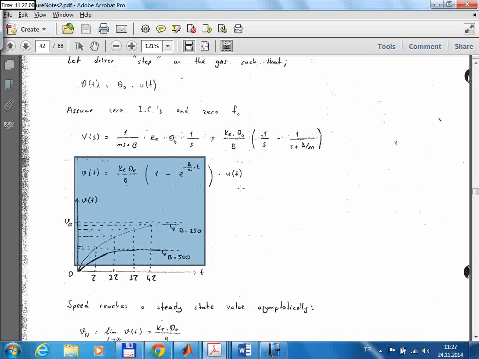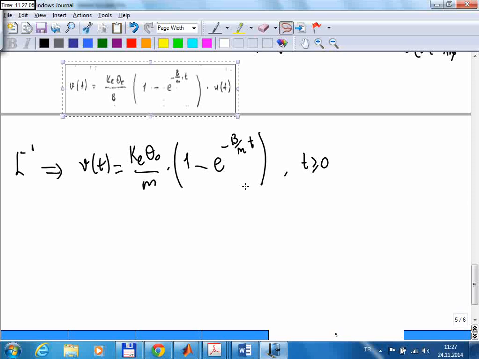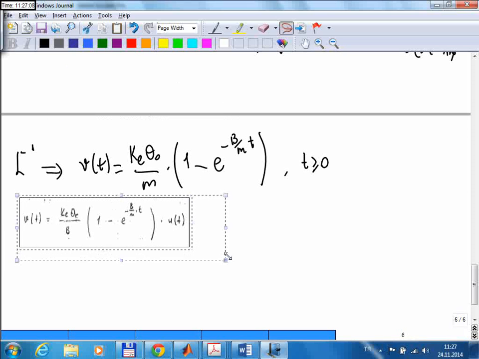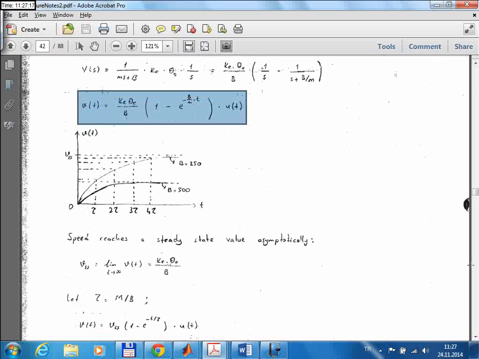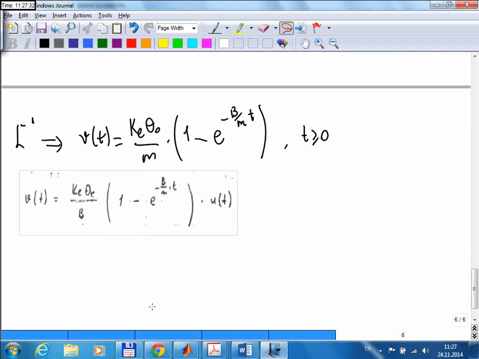So before going to Matlab, I think we should take a look at the problem from here for a while. Okay, so first I call this thing tau, and that allows me to write the output as follows: V of t is equal to